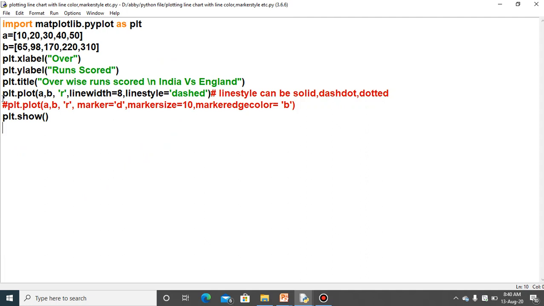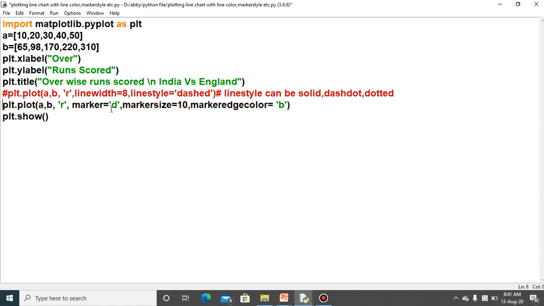Next we had seen the marker size, marker edge color, as well as the marker. If I put the marker as plus, plus data points will be coming, as I have written over here. In the earlier graph the data points were not coming, but this time marker equal to plus, this will be coming.